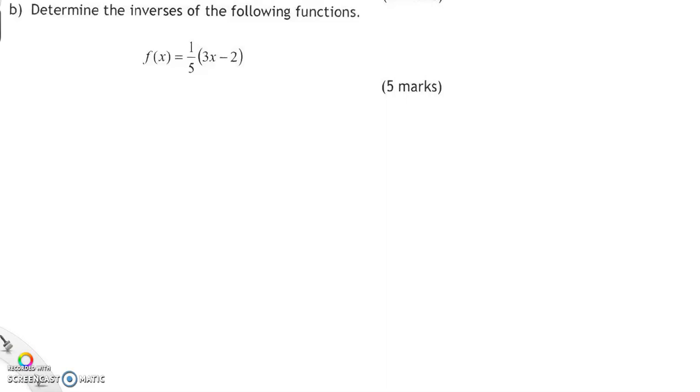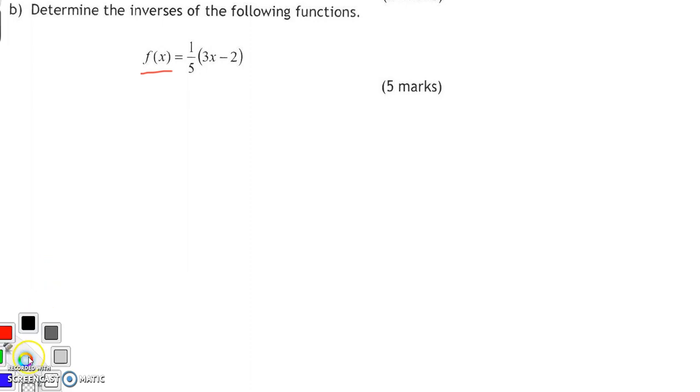Right, determine the inverse of the following function. I think that's a misprint. I think it should just be we're looking for one inverse of one function. So, first step, step 1, is we want to change f of x